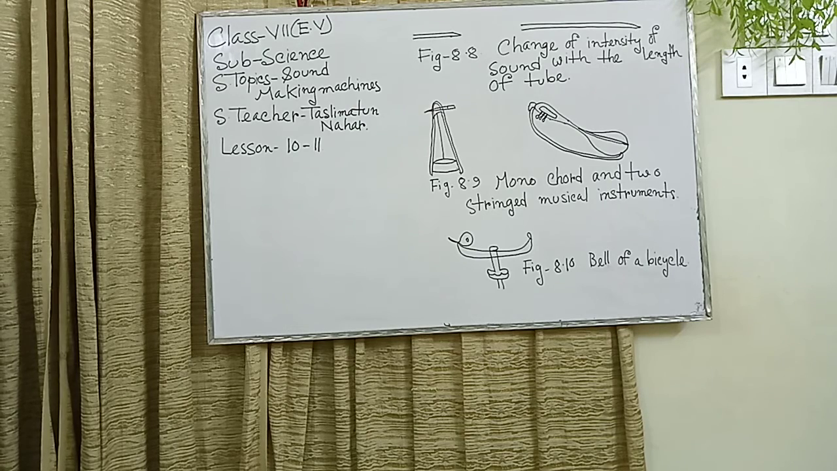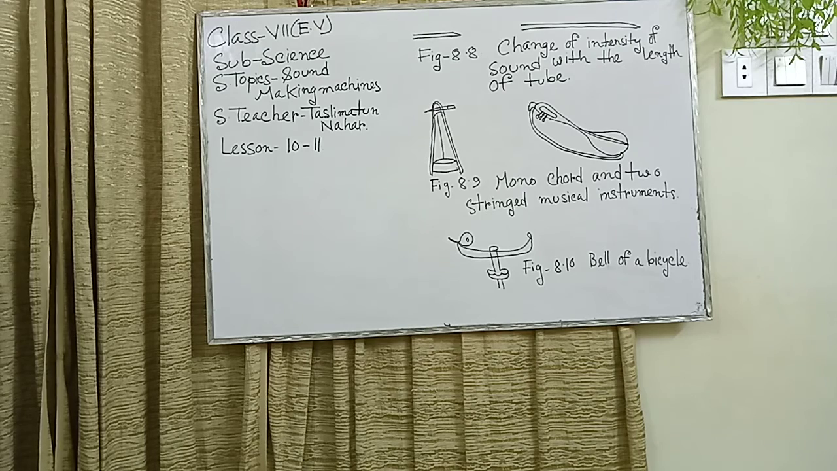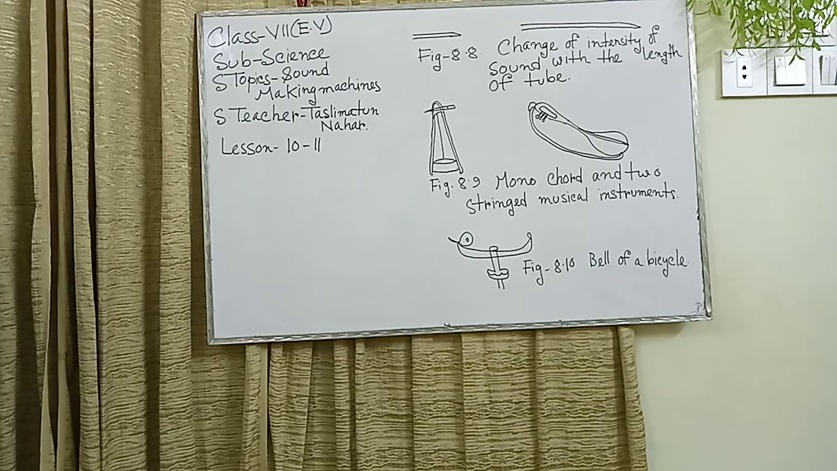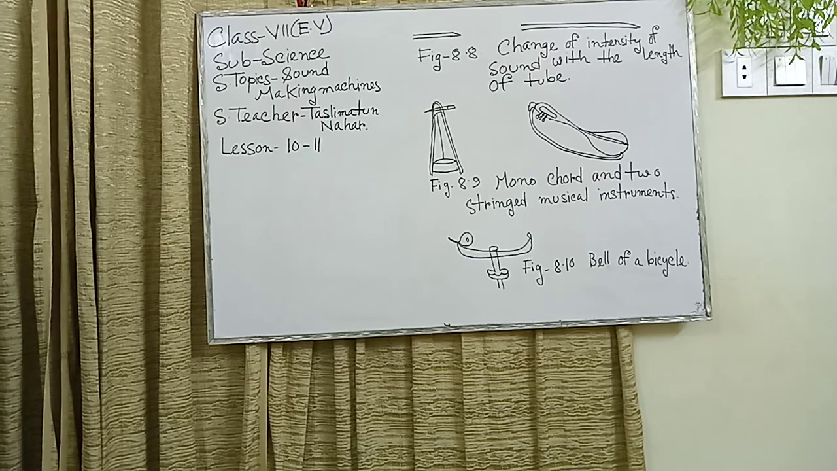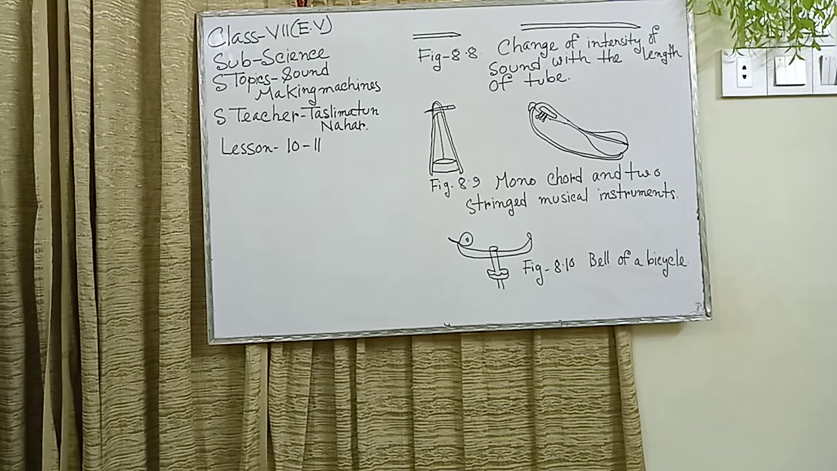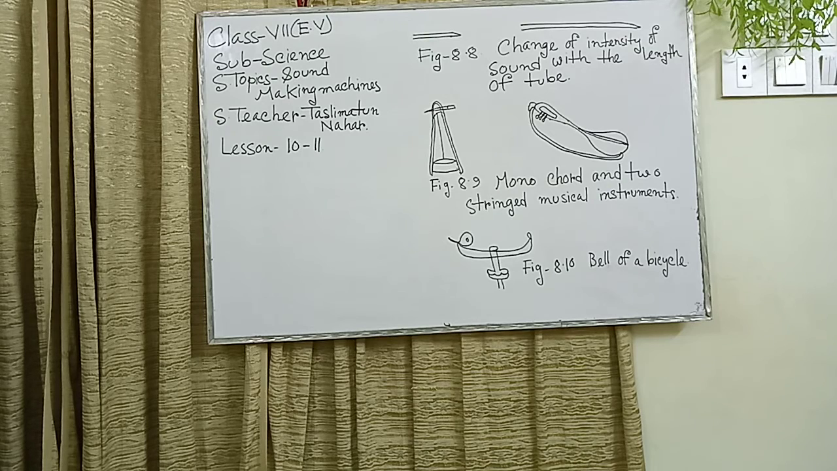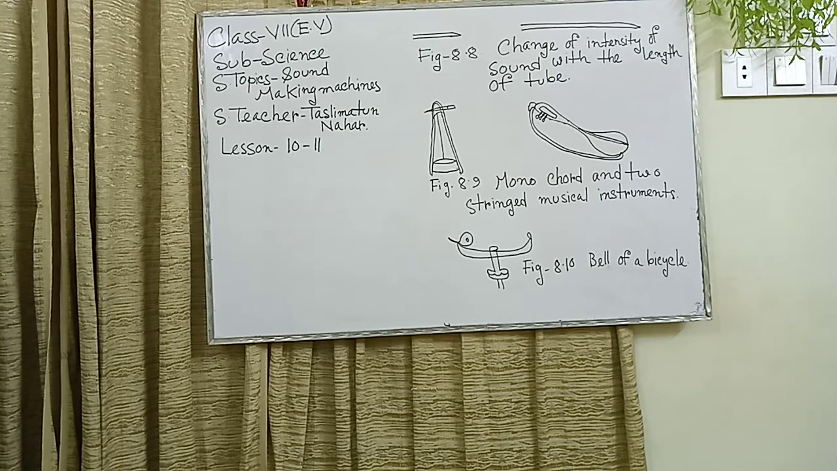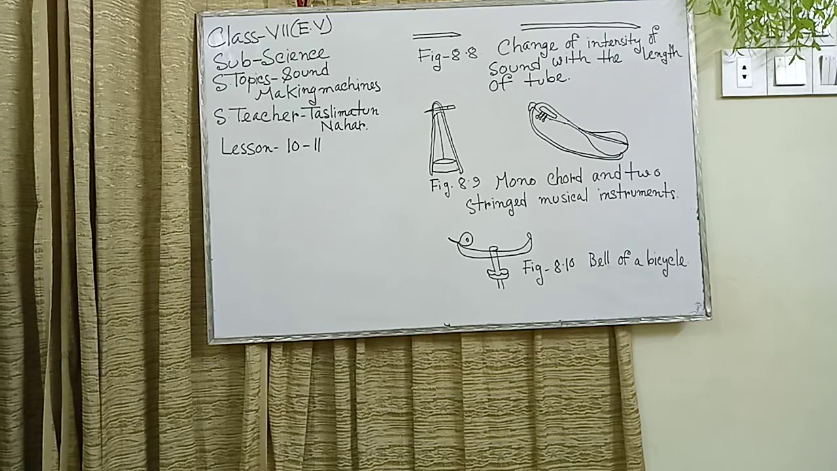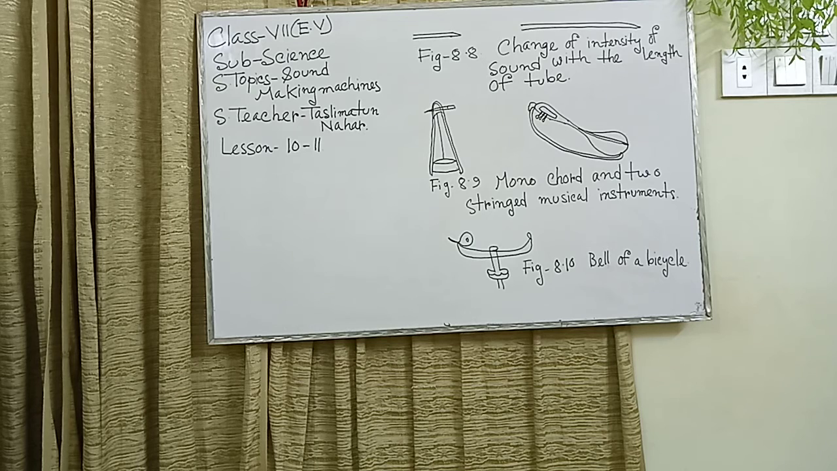The string of a musical instrument vibrates and creates melodious sound when it is pulled or pushed by something. The intensity of sound can be changed by increasing or decreasing the length or thickness of the string. Here the main result is the length or thickness of the string. Here I also draw the monochord and two-stringed musical instruments. Another is figure